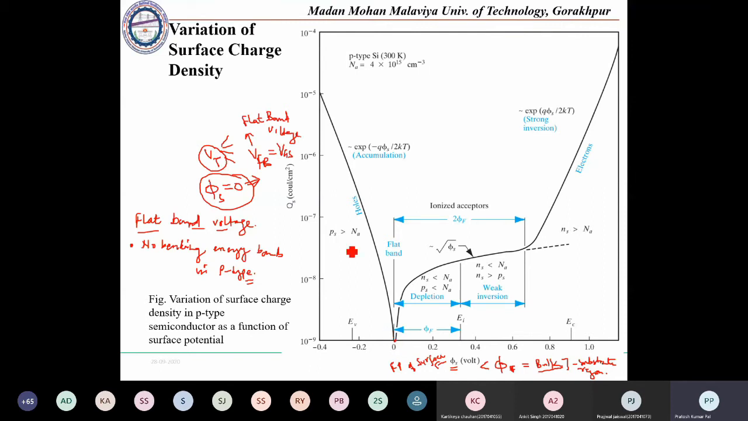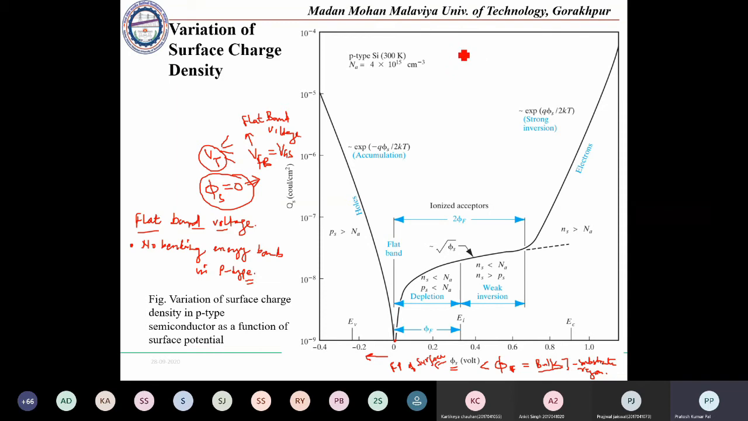At this point, the axis is like 10 to the power minus 5 and 10 to the power minus 9. So at this flat band voltage, the surface charge density will be around 10 to the power minus 9 coulombs per centimeter square. But before that, if we apply a negative phi of s,